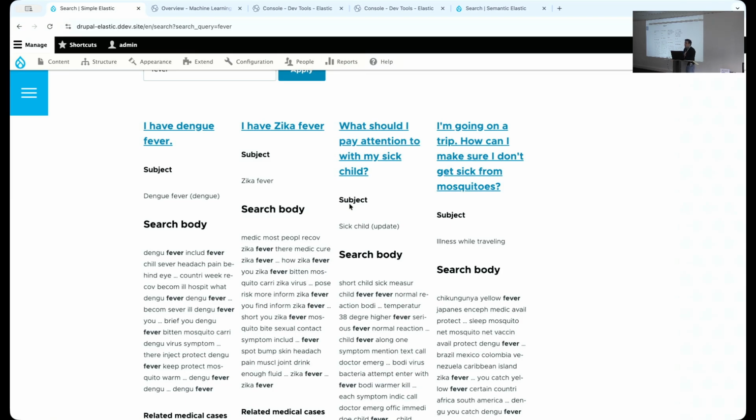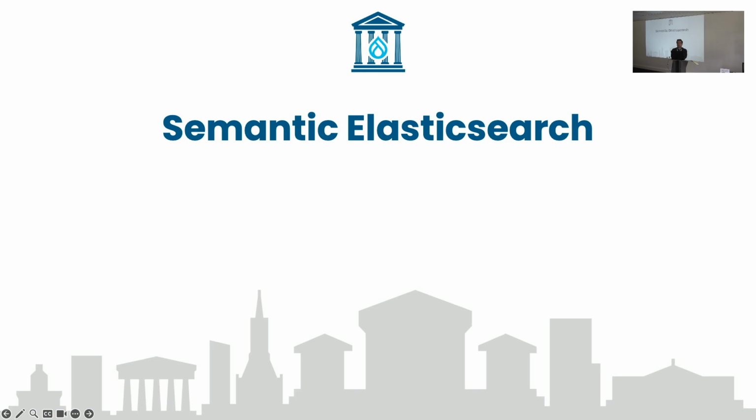So when a user... and here comes the main problem and the main motivation of what we did: as a user, if I want to search for a medical situation, for a medical case that I have, most of the time I cannot describe it. And with only keywords on their own, it's not valuable enough for a user. That's why we said, okay, let's explore semantic search with Elasticsearch, as Elasticsearch can provide that. And we go to the semantic Elasticsearch, the second section.